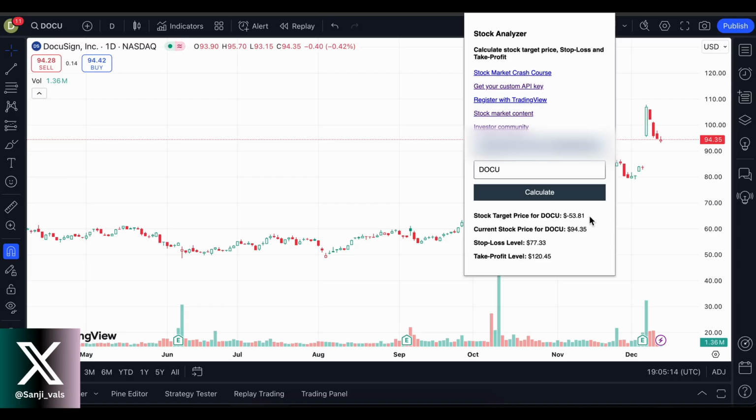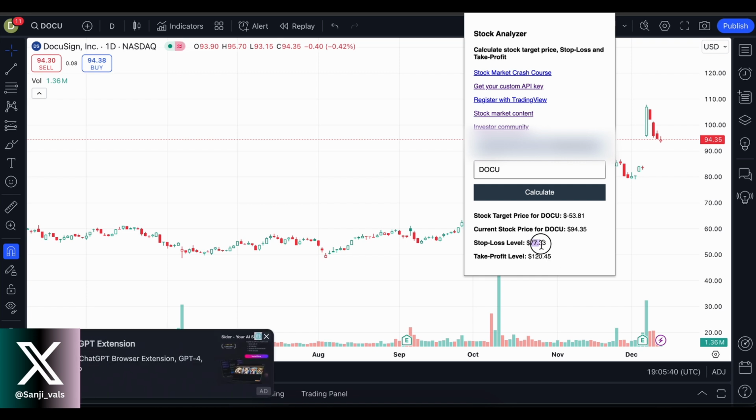And as you can see, this is the stock target price calculated using the DCF model with conservative assumptions. Then the stock current price is 94, but we're not looking at this right now because we have already calculated it and we saw the stock target price. We are interested in the stop loss and take profit level. So let's say if you bought at the current level, you should sell at 120.45 with profit, and if the stock starts declining, you shouldn't hold it below 77.33. It would be your